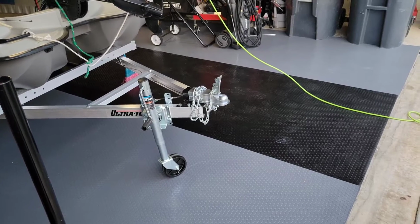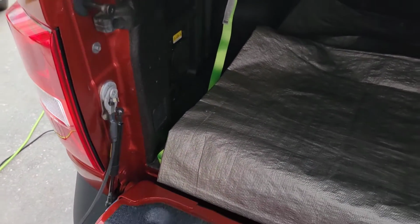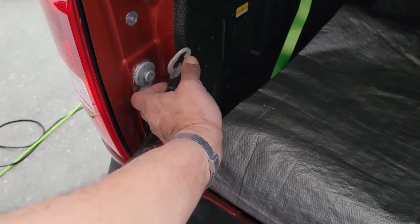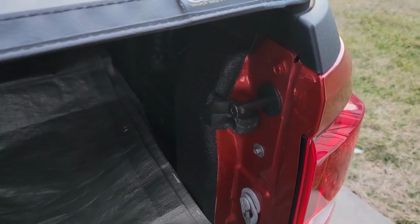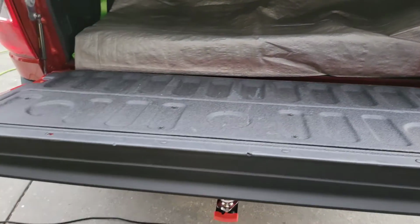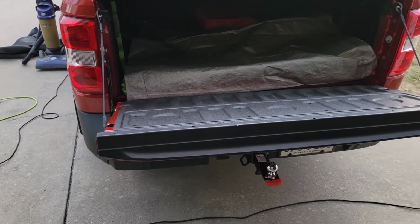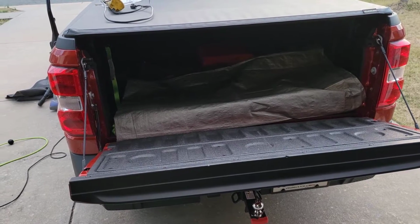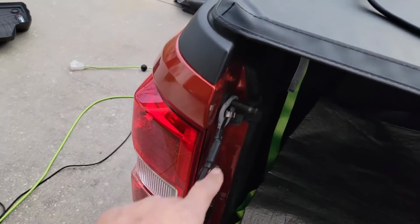How can you stop that from happening? One, you have to remember. But the other thing is something that we have available already. When you're towing, should you decide that you need to open your tailgate, just move these straps up top like you were going to haul something in the back. Just move these up here. So when you drop it down, you'll be able to drop it down just enough to clear your trailer hitch without contacting the backside of your tailgate. So don't forget to move these to the upward position